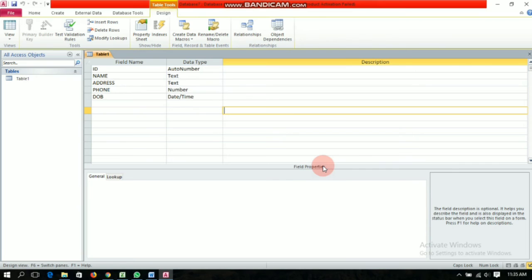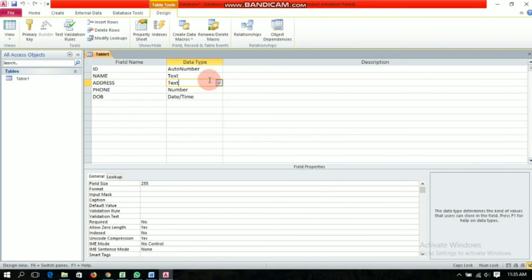Next are the rules for naming a field. If you want to name any field, you have various rules. A field name can range from 1 to 64 characters, and it can include letters, numbers, and many special characters.